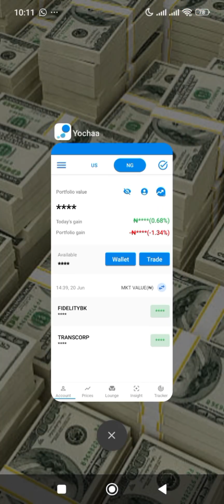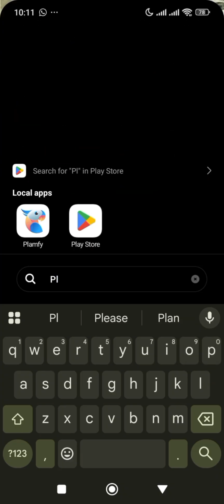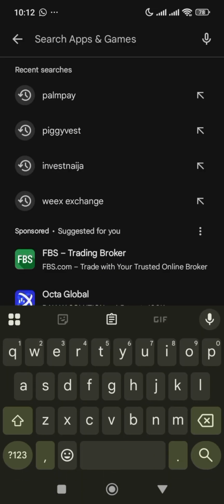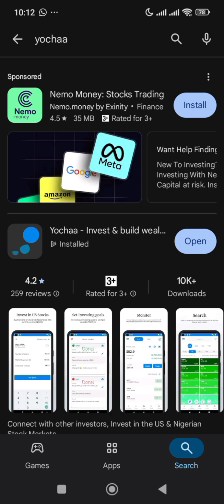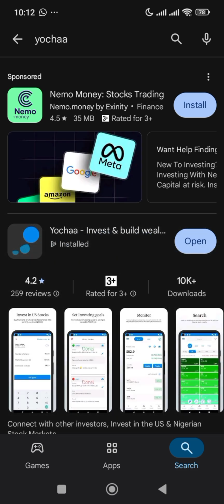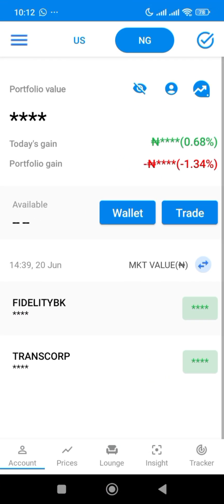Once you go to Play Store, let me go to my Play Store, and you search for Yochaa. So this is the Yochaa app over here. Okay, mine is showing open, I've already installed mine. So let me go back. So once you open it,